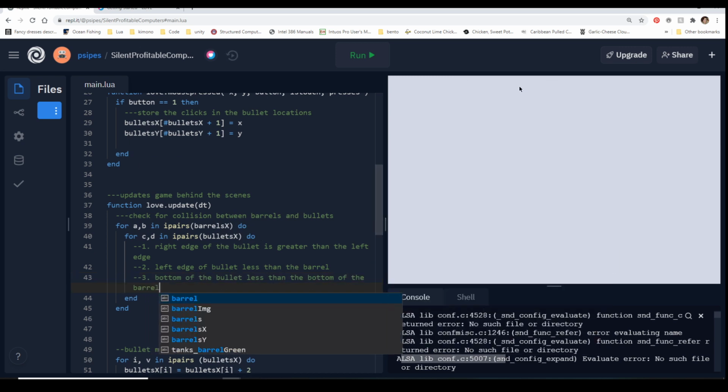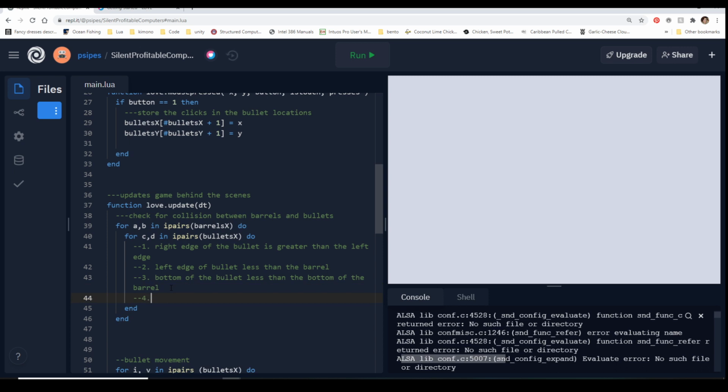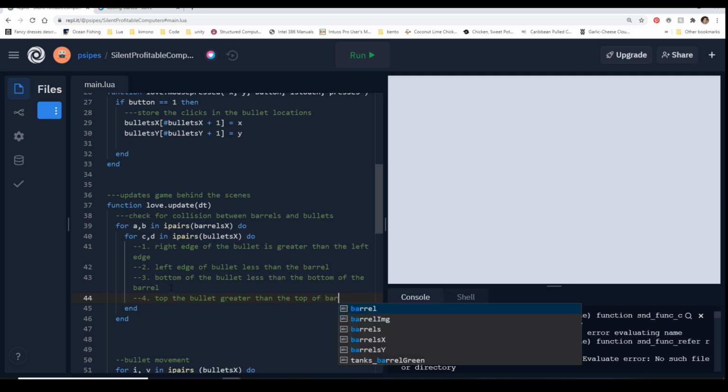Because remember, this is 0 up here, this is 600 down here. And then our last little bit of logic is we have to look at the tops. So, is the top of the bullet greater than the top of the barrel?